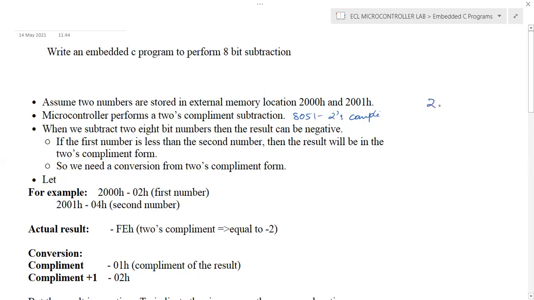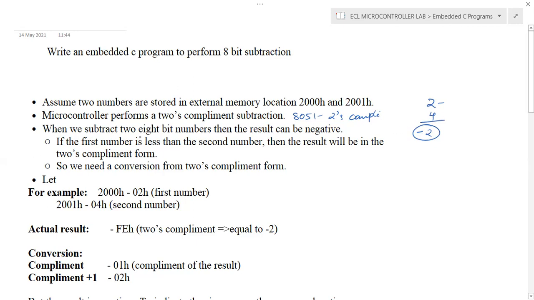For example, if you perform 2 minus 4, the first number is smaller, so definitely you will get a result which is minus 2. But in 2's complement, minus 2 is represented in a different format. So after the subtraction operation, if you want to see the result in normal decimal form, we need to convert. Always remember this particular point.